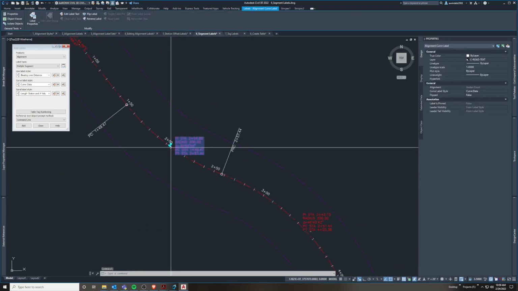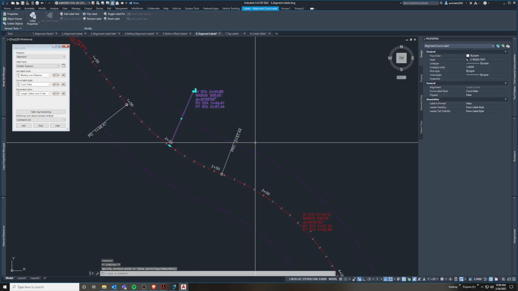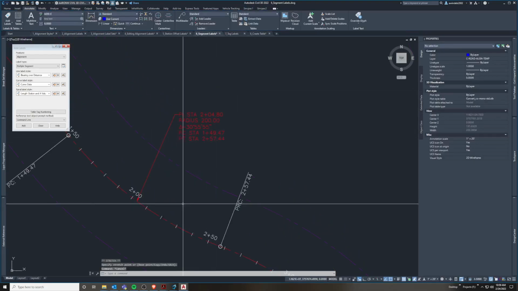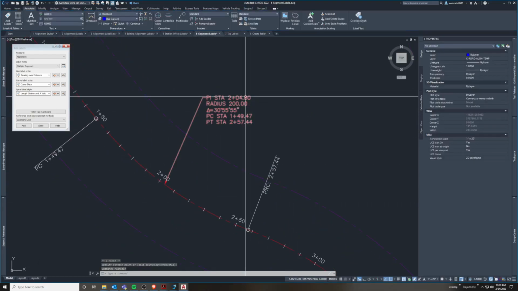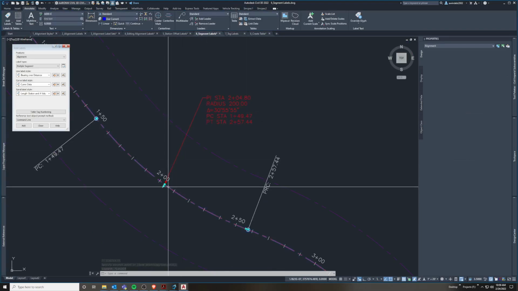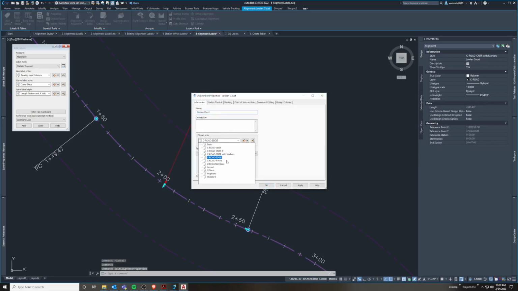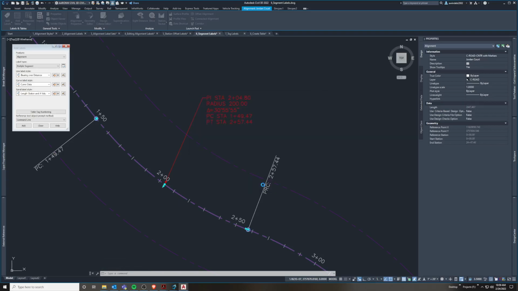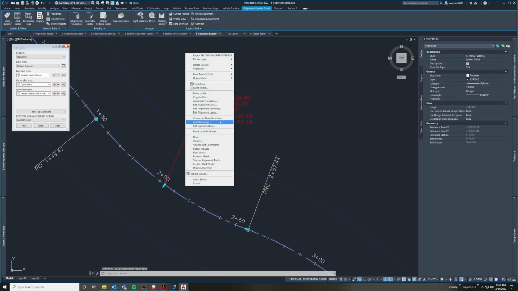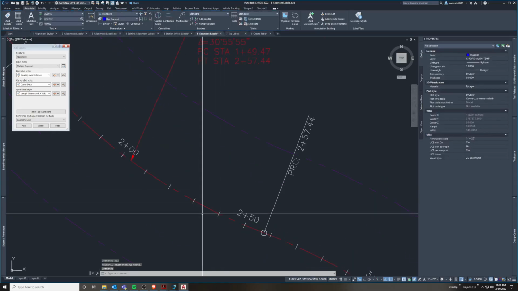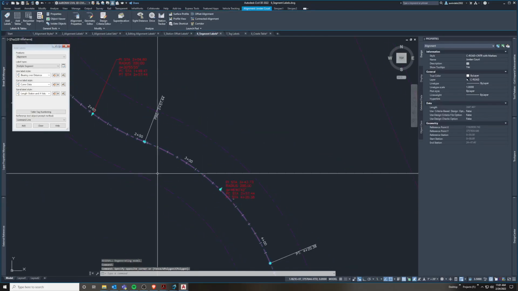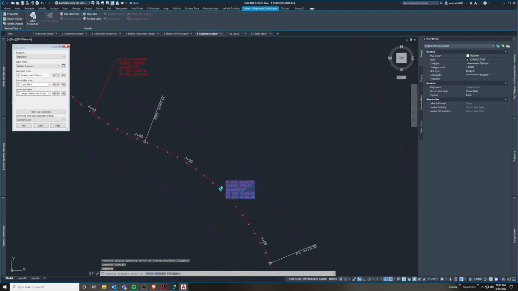And we can pull these grips, move them off. We have on this curve some different stuff, but we have a stationing where the PI is. So where the theoretical PI would be out here. Let me change this just to prove that, or to show it. Actually, I'm not going to worry about that for now, but yeah, we made our segment labels on our curves